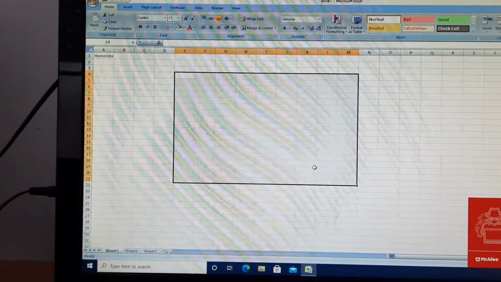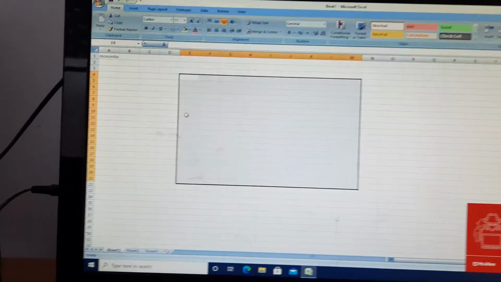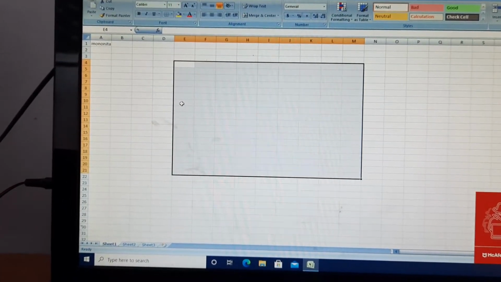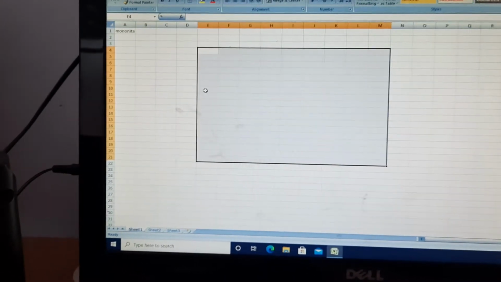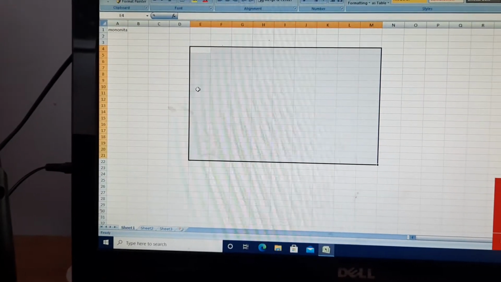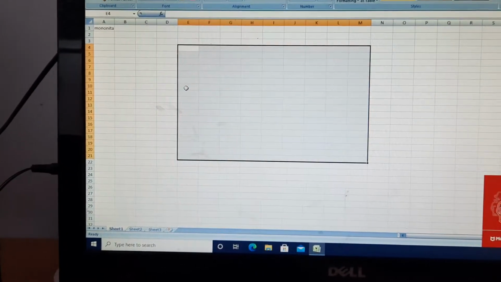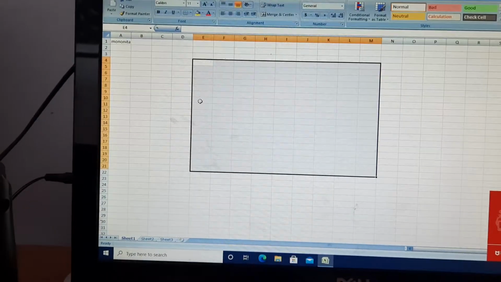When you select a range, like from here to here, I am selecting the range E4 to M21. So this is the range.